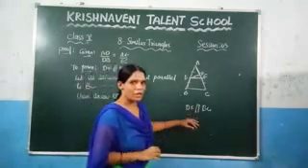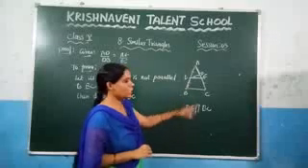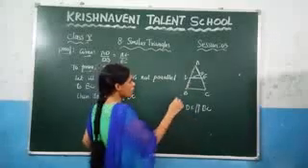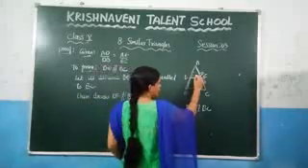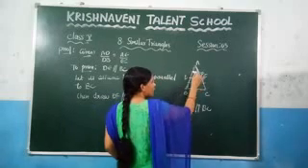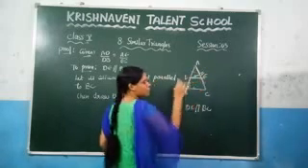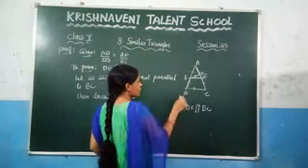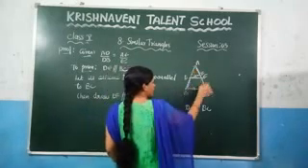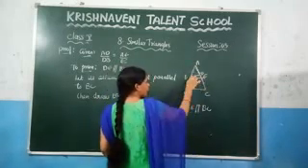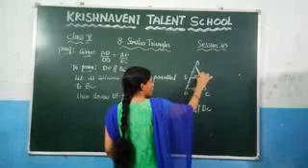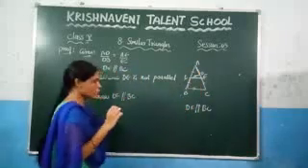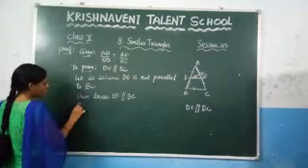Since we have already proved the Thales theorem, now we are applying that one. Since we got it here, DF is parallel to BC, these two sides are parallel, then the other two sides are divided into the same ratio. What are the other two sides, which is AB and AC? So we can write it here, AD by DB is equal to AF by FC by using the basic proportionality theorem. So write it here.